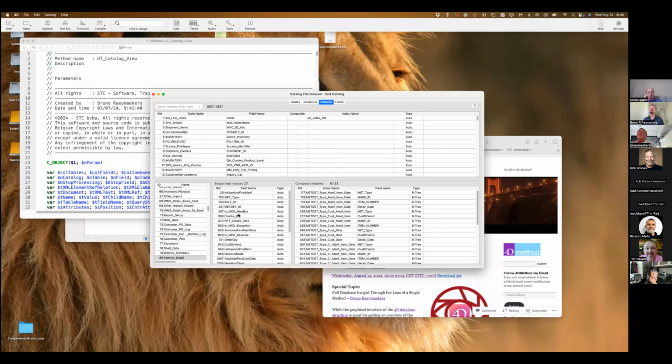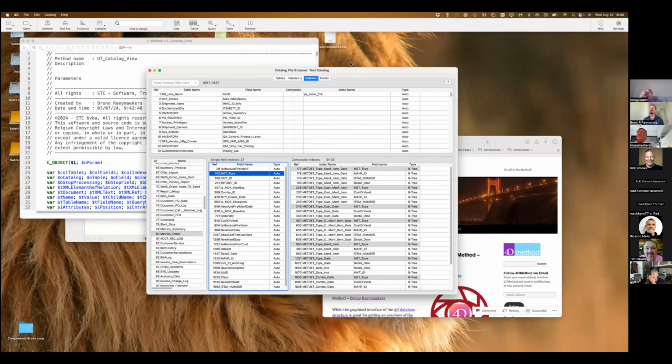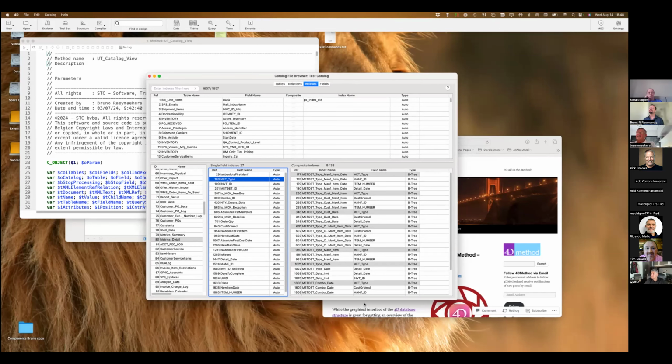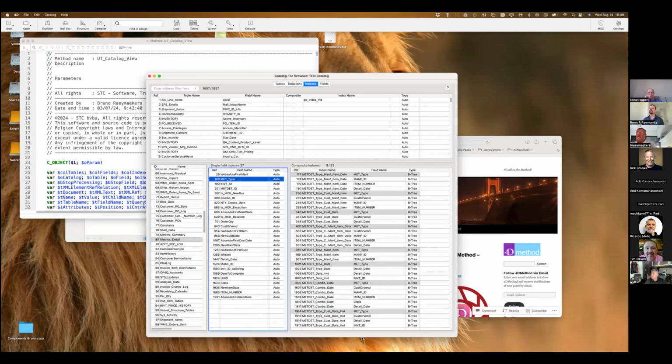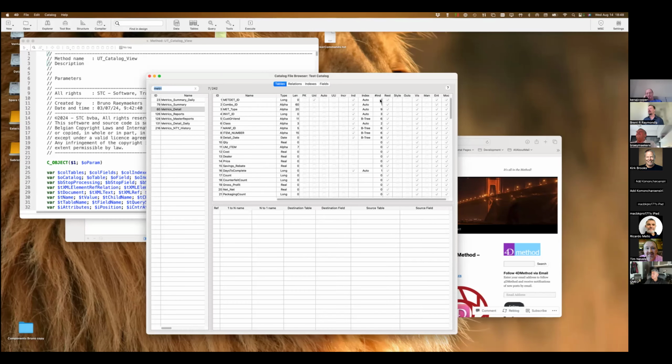Now, if you look, for instance, at this field, let's open it up a little bit. So I told you earlier that this gives you the number of times a field is indexed.